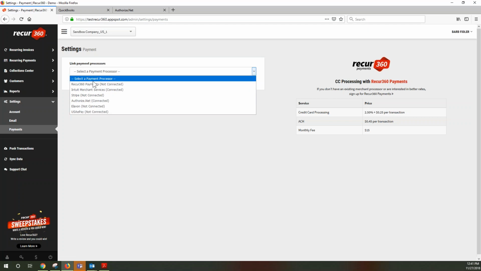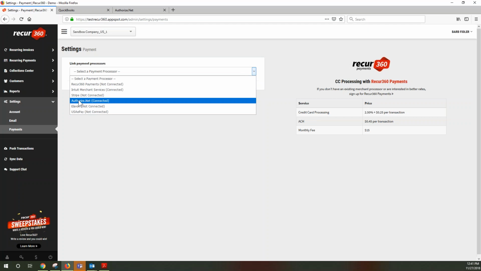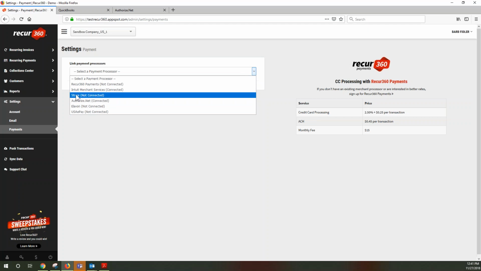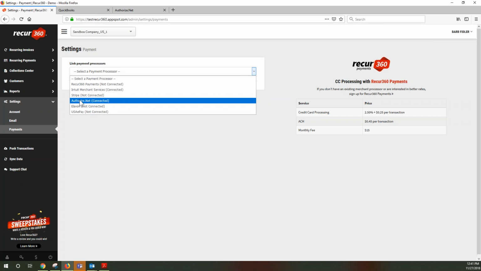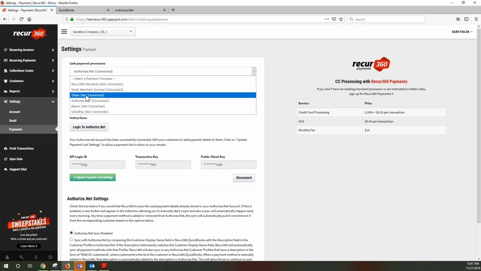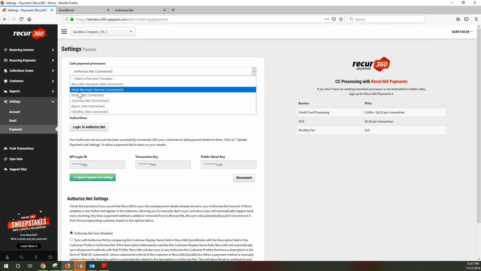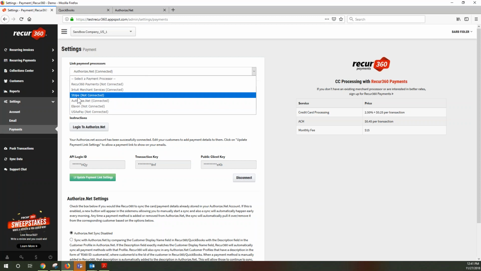Two of the new features that we've added, and we're also looking into doing this with other processors, is the ability to synchronize data back from these processors and bring credit card information into Recur360 from these. Two of them that we have written so far is an integration to Stripe and another integration to Authorize.net. So if you're using either one of these, we have the ability to sync stored credit card information from those